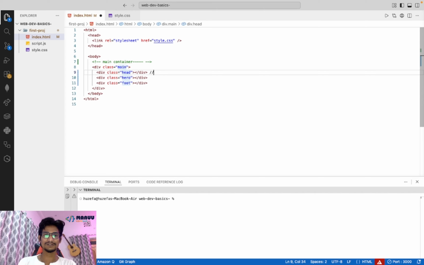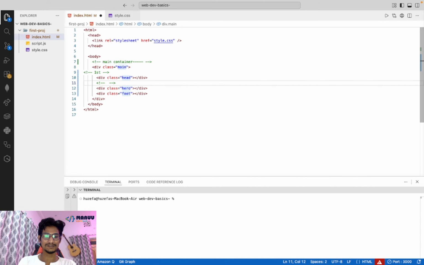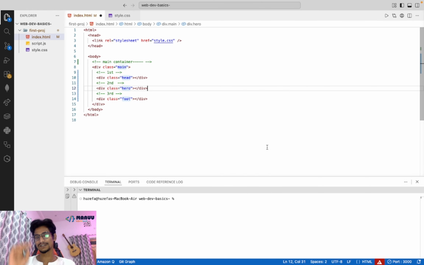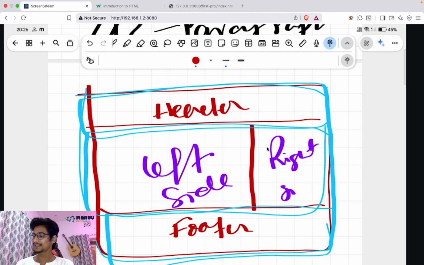So this is first, and I'll say this is second, and this is the third one, right? So we have three containers inside the main container. I have commented as well, for your simplicity. And now if you see closely, inside the second container we have two containers,